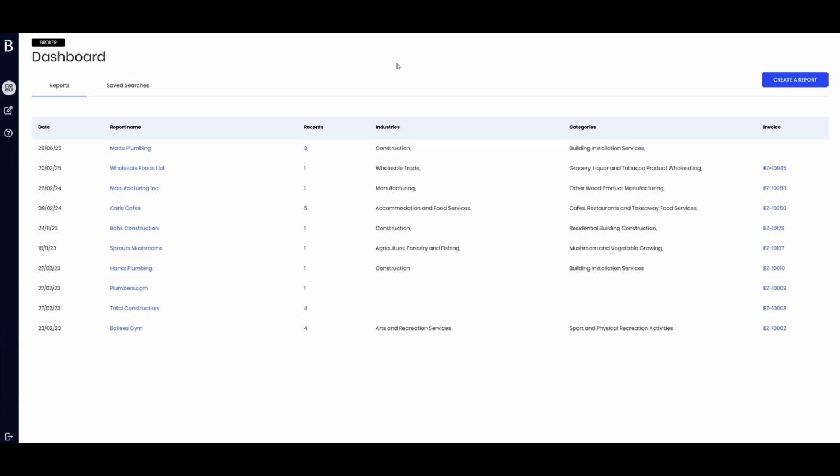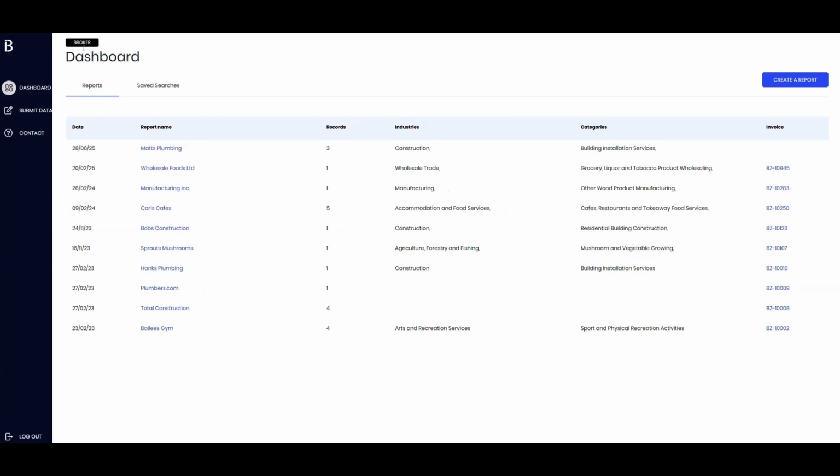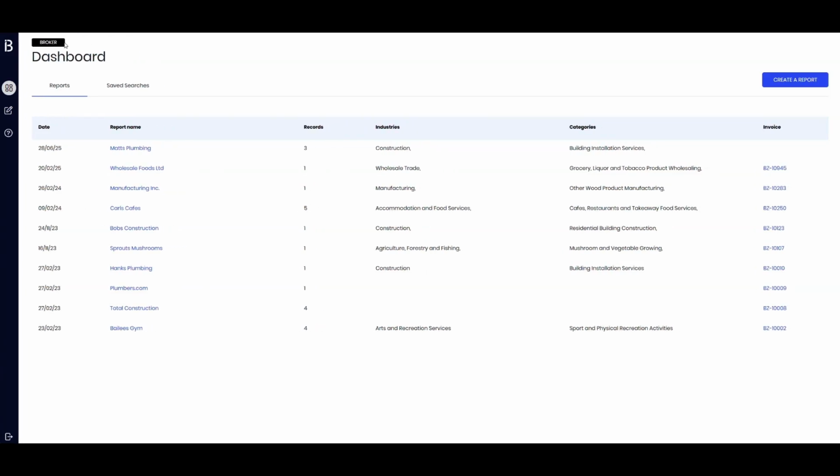So first of all, you'll notice there's quite a difference in the look and feel of the dashboard. We've changed a bit of the UI, so it's very clear now that if you have your broker access activated, it shows through this different colorway. If you don't have this, and it's more of a blue color like this, then get hold of us at Bizstats